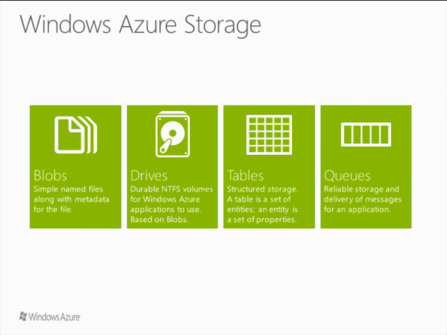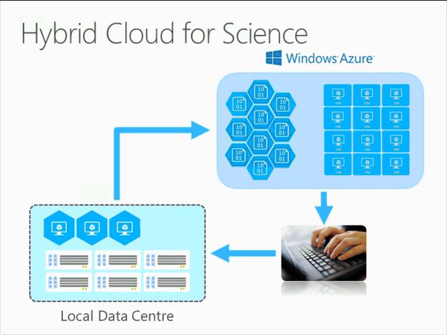So a use case here would be a hybrid cloud where I might have lots of data, say climate data, in a local data center. I want to run lots of processing, so I could take a copy of my working set that I'm interested in, push that up into Windows Azure, spin up, say, 20 or 30 virtual machines, use those to run my processing, and when it's done, download onto my machine,